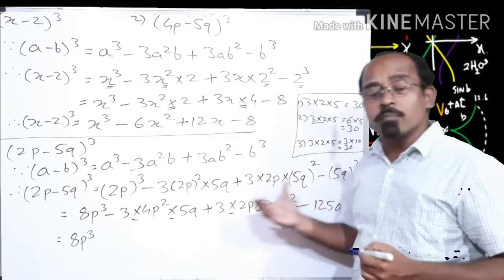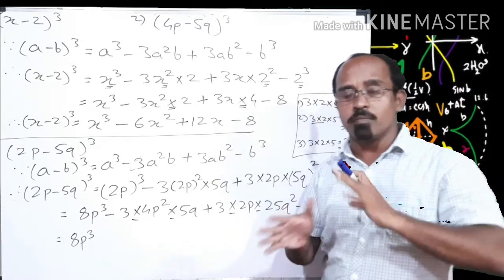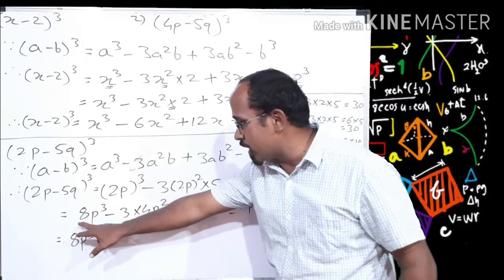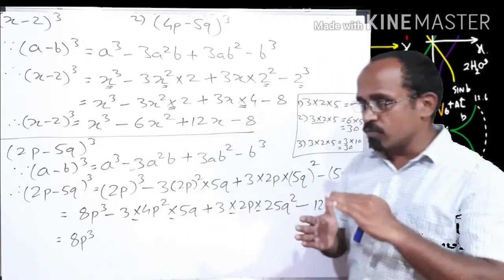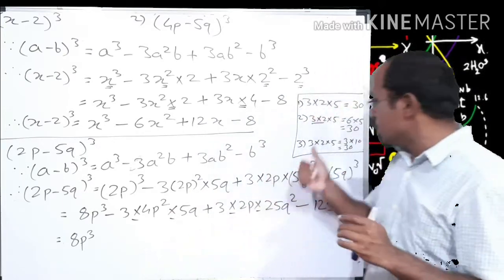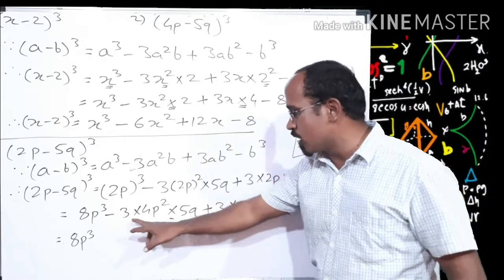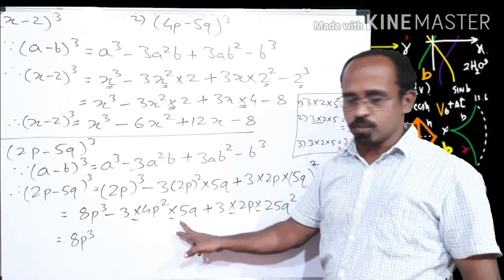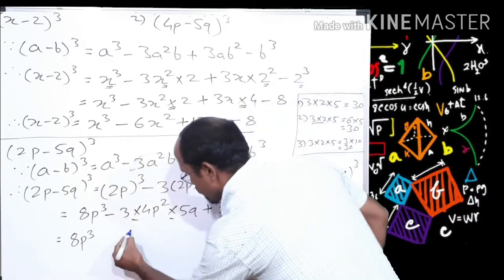So if all multiplications are there, you can do it directly. But if there is a mixture of multiplication, addition, subtraction, then you can't. Meaning you cannot do 8p cube minus 3 and then multiply by 4p. So that's why solve according to BODMAS genuinely. And this is only possible in the case of multiplication. So 3 into 4, 12. 12 into 5, 60. Or 5 into 4, 20, into 3, 60 is the answer of multiplication. Clear, friends?